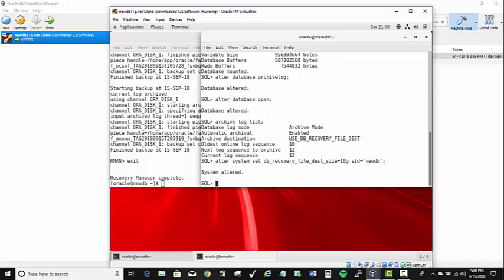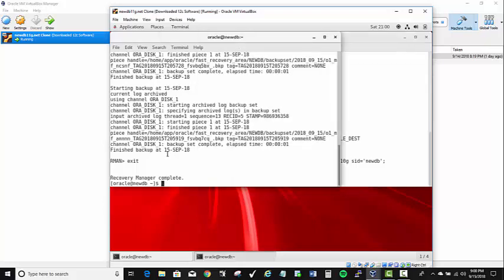So that should be enough room for all the files that are generated using DBUA. All right, let me come back over here. Now, what I need to do next is I need to